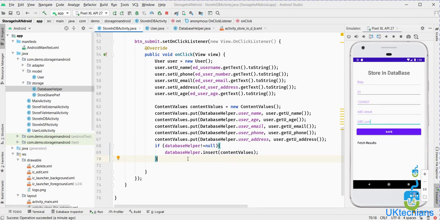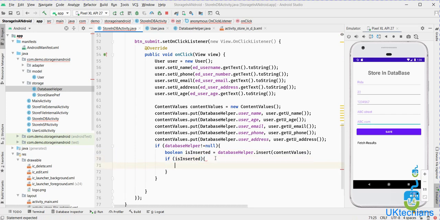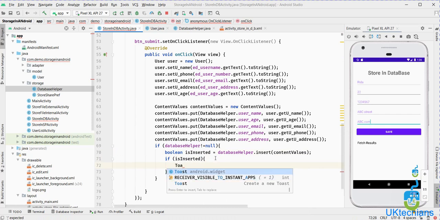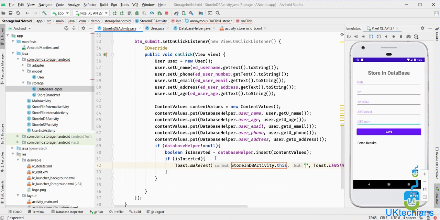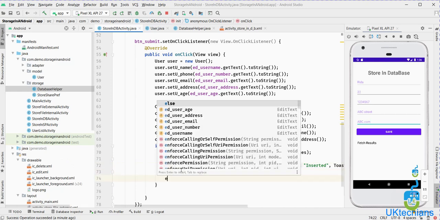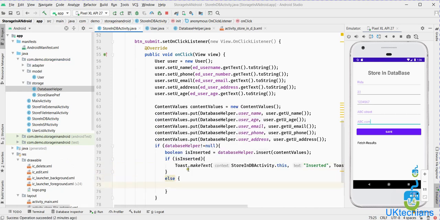So it returns nothing because we didn't say that if this returned boolean equals is inserted, then show the toast inserted, or else not inserted, right?